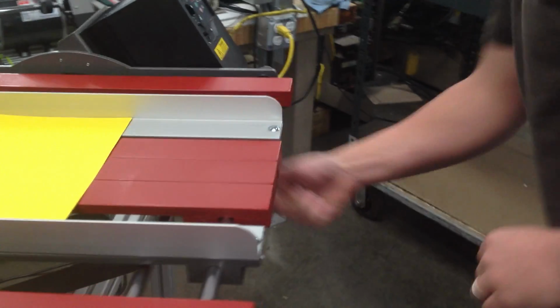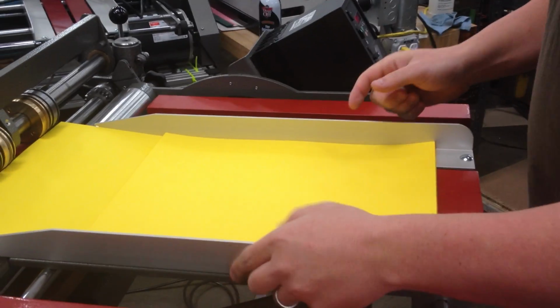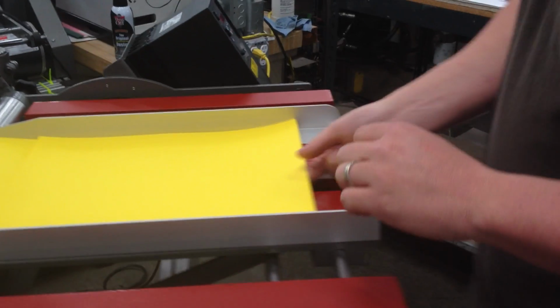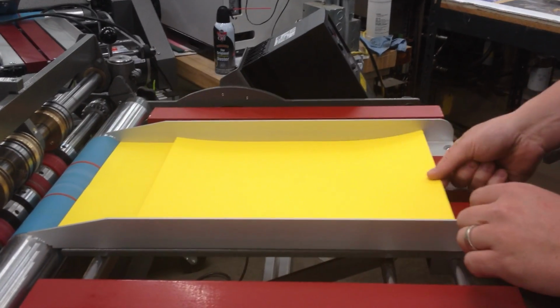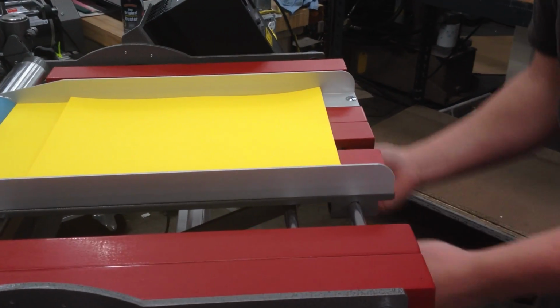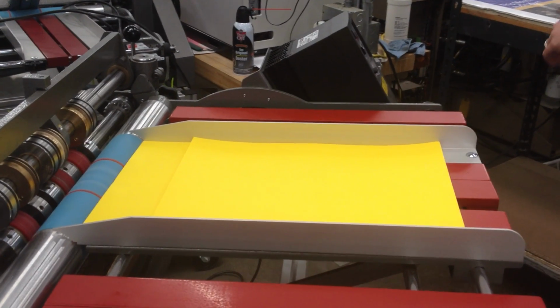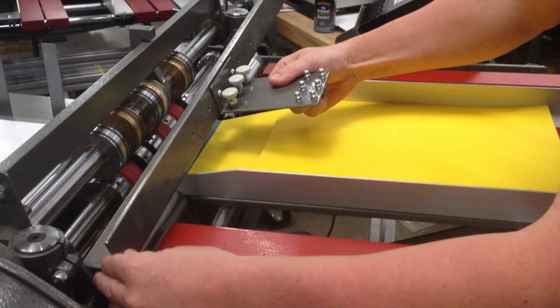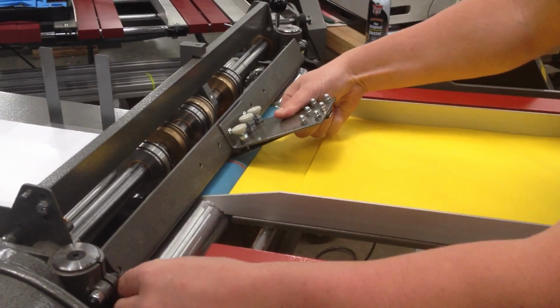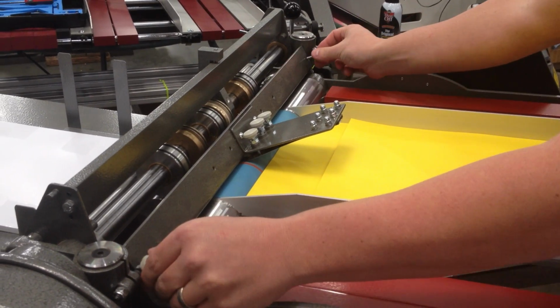Lock one side down. Put a few more pieces in. Lock the other side down and make sure that it moves smoothly. That's going to be the key. Lock the other side down. Now you can readjust this piece back in. You got it set up. One last thing that you want to do